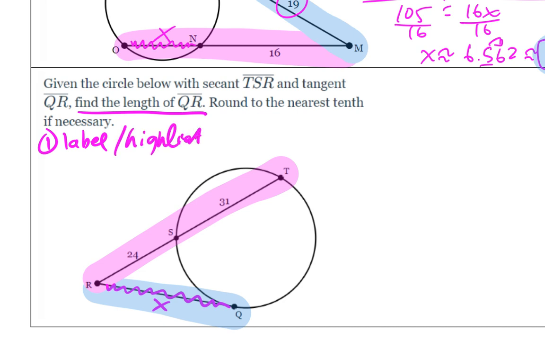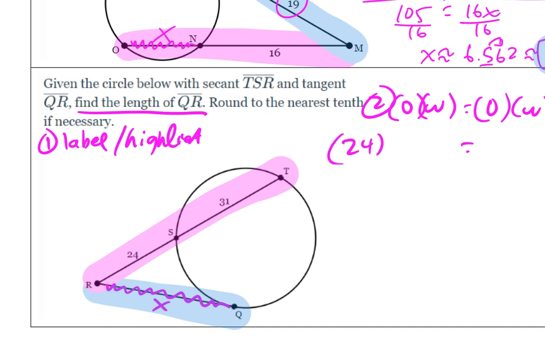Okay, so let's go ahead and set it up, right? So we said outside times a whole equals outside times a whole, right? So let's set it up on the pink one. Let's start with that one. The outside is 24, right? Okay, the whole thing is not 31, right? It is 24 plus 31. 24 plus 31, right? Equals, what